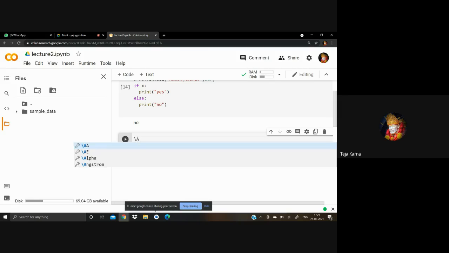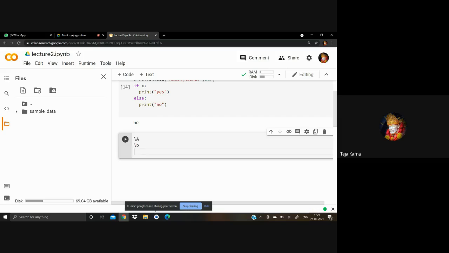Now the special sequences. Slash A returns a match if the specified characters are at the beginning of the string. Then comes slash b, which matches when the specified characters are at the beginning or at the end of any string or word.